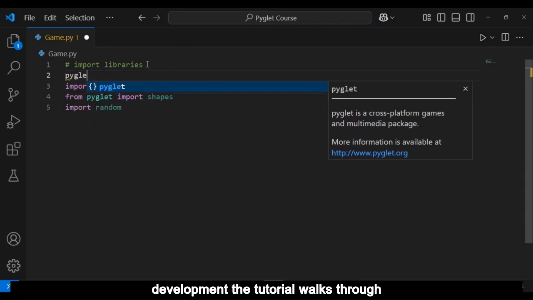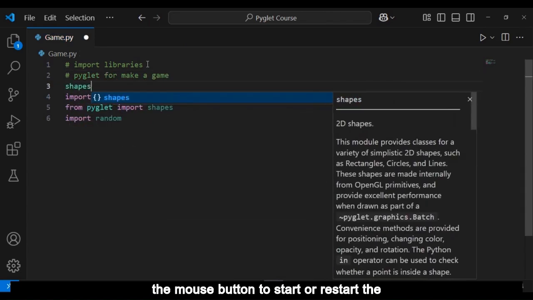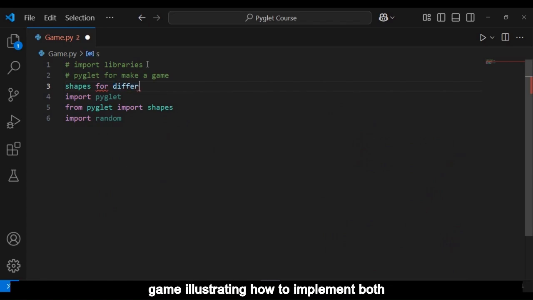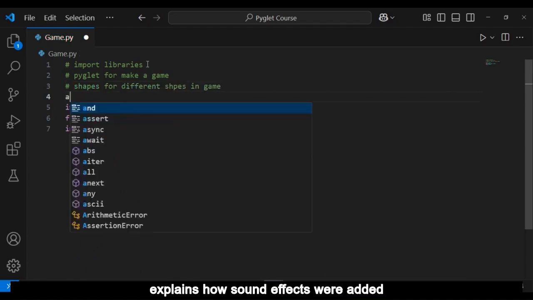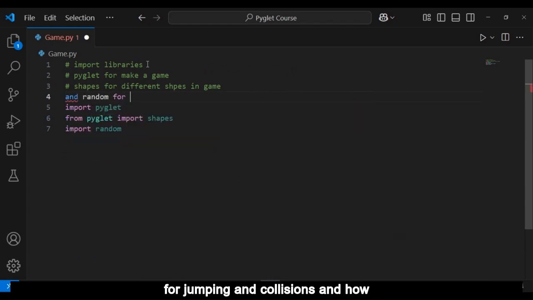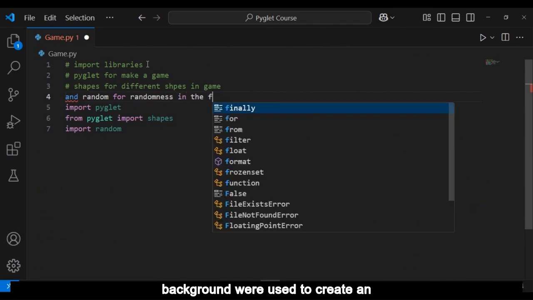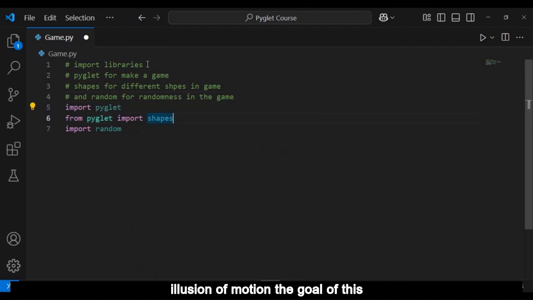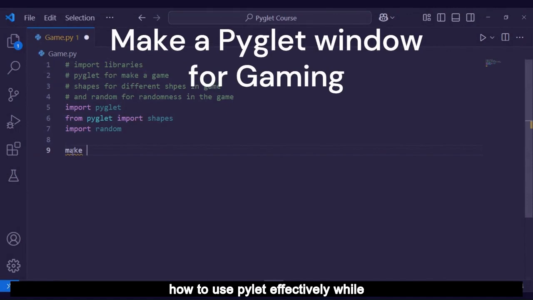The tutorial walks through key features of the game, such as using the spacebar to make the ball jump and the mouse button to start or restart the game, illustrating how to implement both keyboard and mouse input. It also explains how sound effects were added for jumping and collisions, and how visual elements like moving ground and background were used to create an illusion of motion. The goal of this tutorial is to help viewers understand how to use Pyglet effectively while building an engaging and